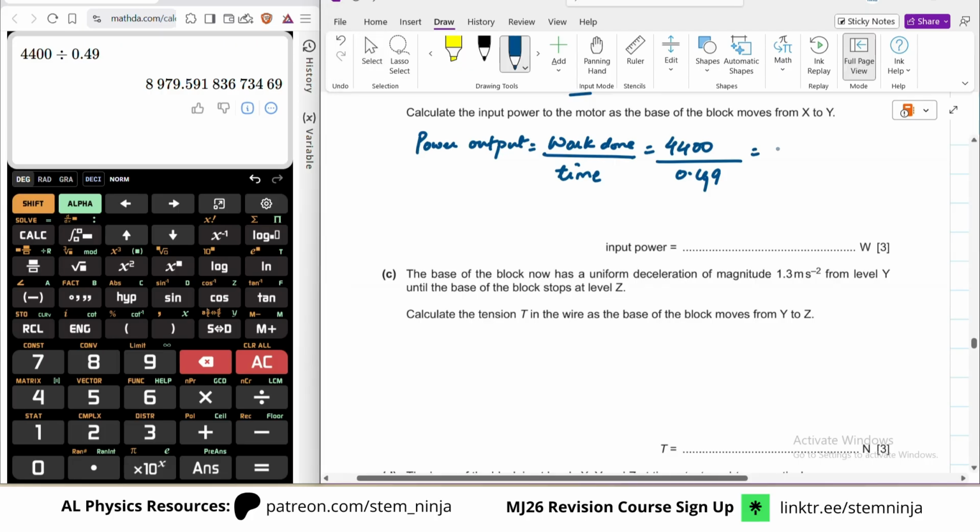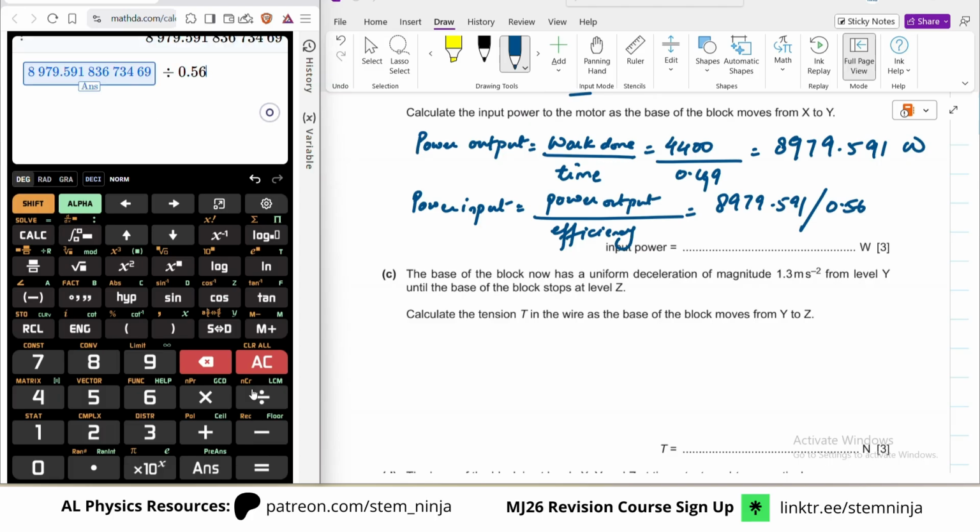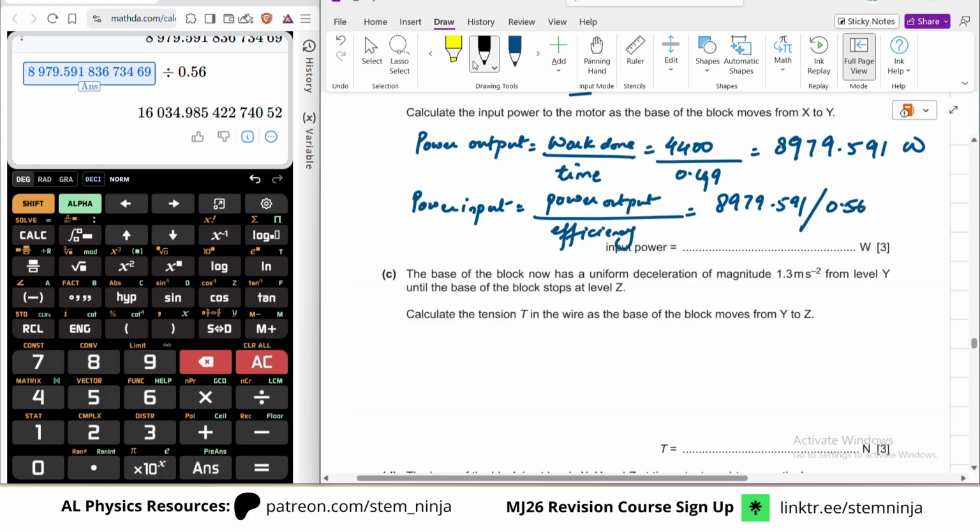So this is 8979.591 watt. So power input would be equal to power output divided by efficiency. So 8979.591 divided by 0.56. This is 16,000. So roughly 16,000